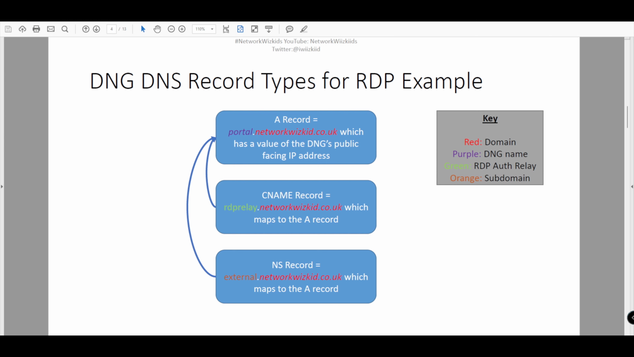Now I've put this together because sometimes visually seeing something makes it a lot easier to understand. So I wanted to break it down a little bit further for you when we're looking at these different record types. I've got a little key there on the right, and the different records. At the top we have the A record. In the case of this demonstration, my external or public domain is